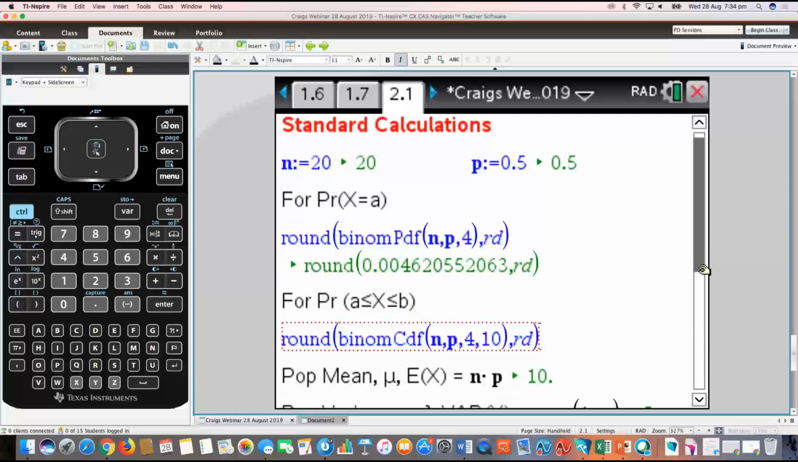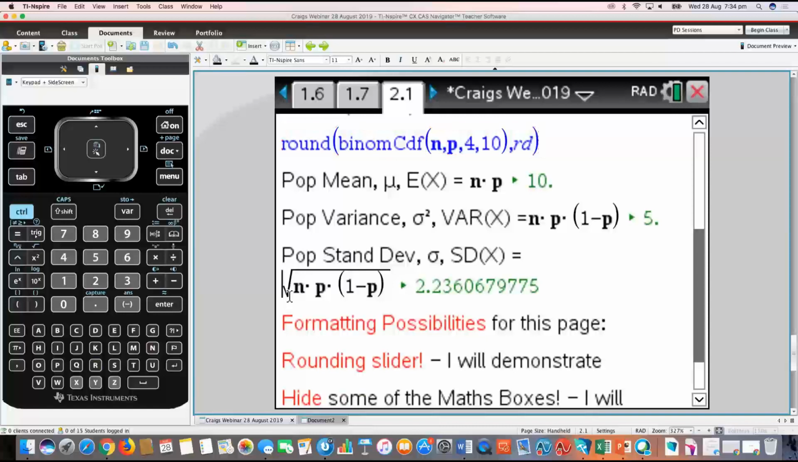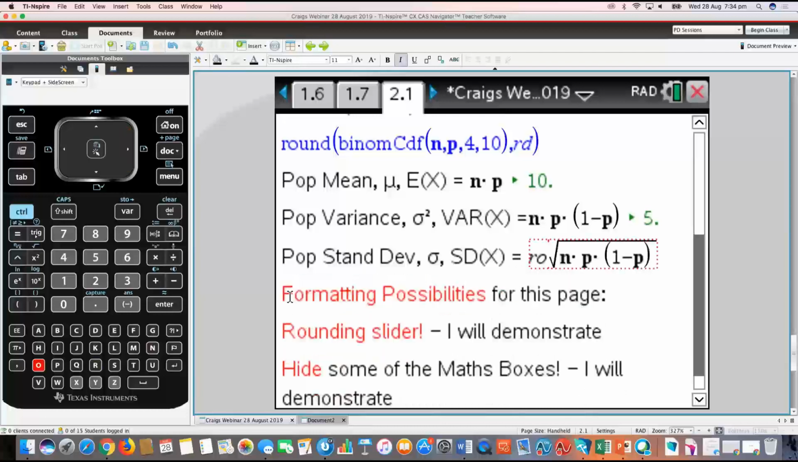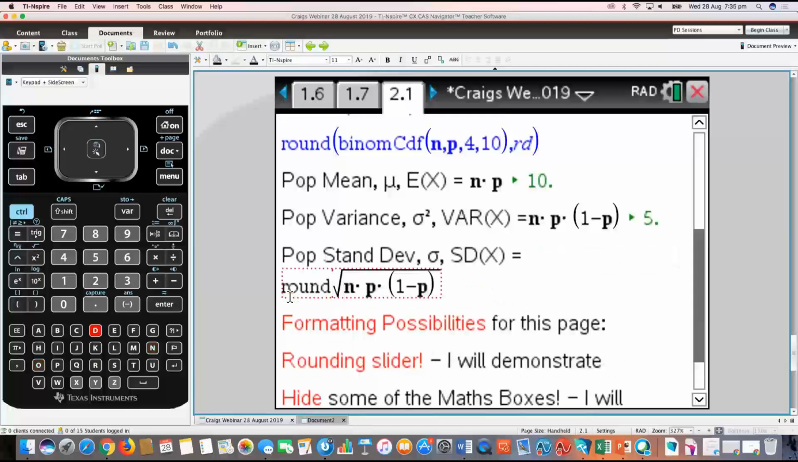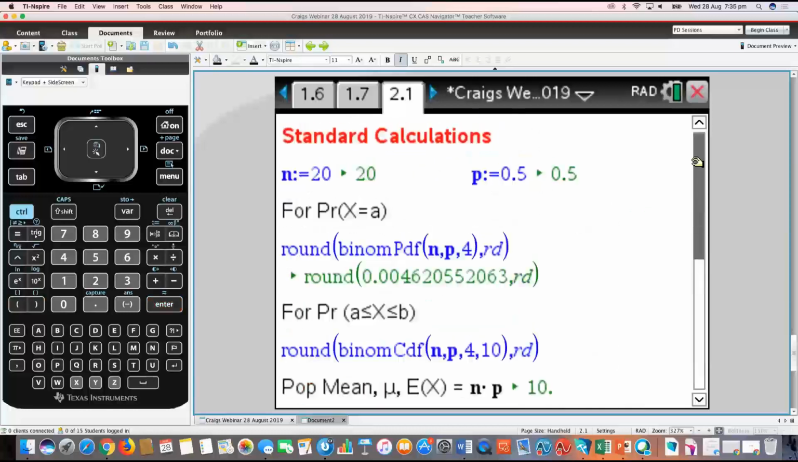And in the ideal world, let's do it down here as well for the calculation of the standard deviation. So round, and I'm going to go comma RD. That'll do. Now the last thing, and hopefully this impresses everyone in viewerland,